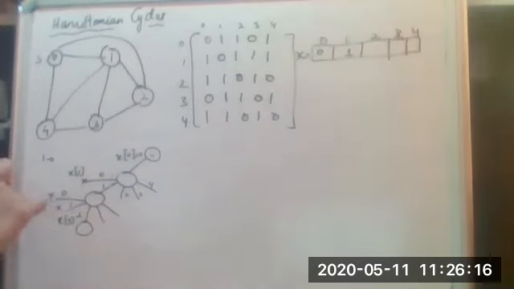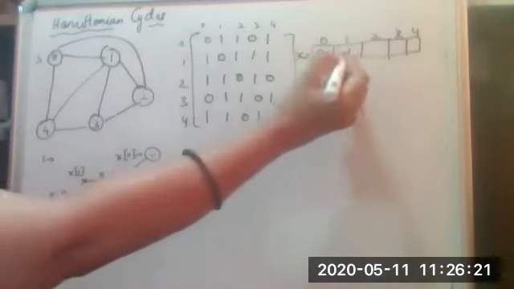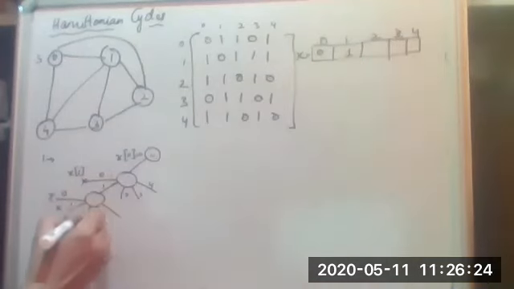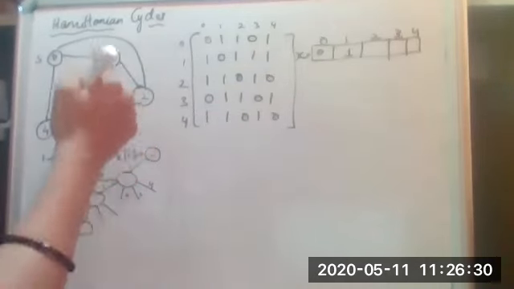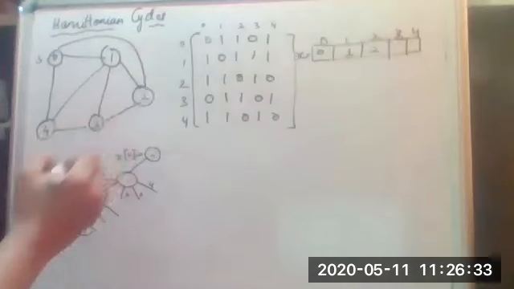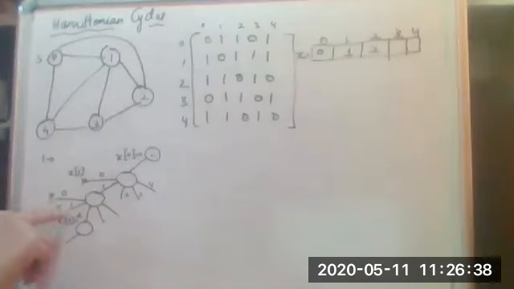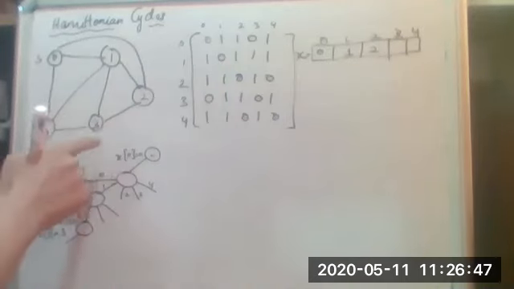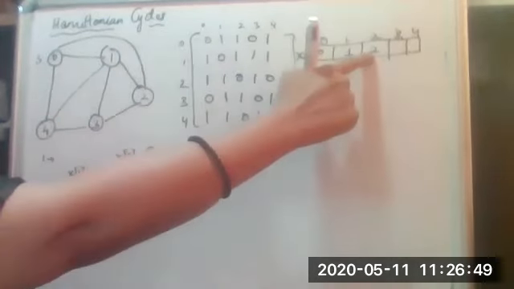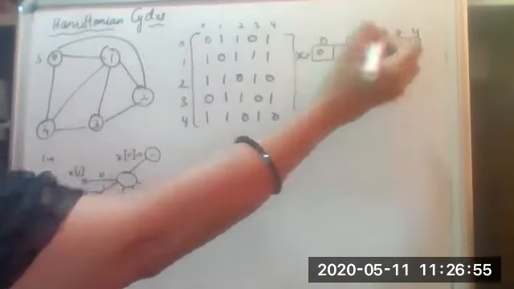In that case, I need to find out whether there is a path from 1 to 2. Whichever was the previous chosen value, from that to the current one, which is taken as 2, do I have a path from 1 to 2? Yes. If there is a path, I'll keep it here. Again, I cannot have 0, 1 and 2 as the choices at the third place, so I can only have 3. I try to find out whether there is a path from the previous value to the current value, 2 to 3. Yes, there is a path, so I'll keep it here.